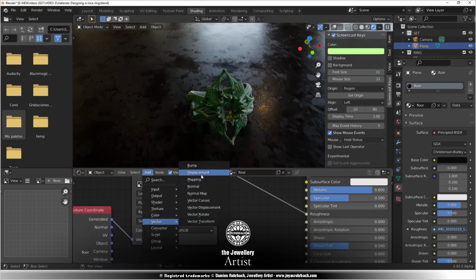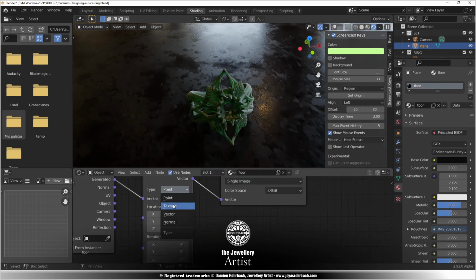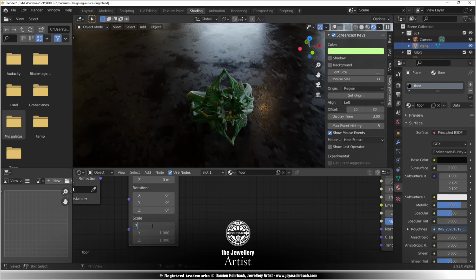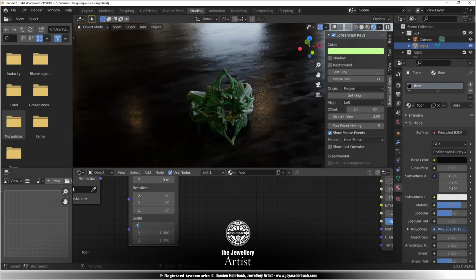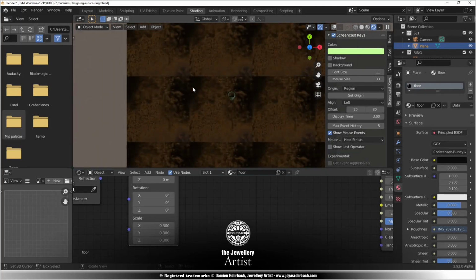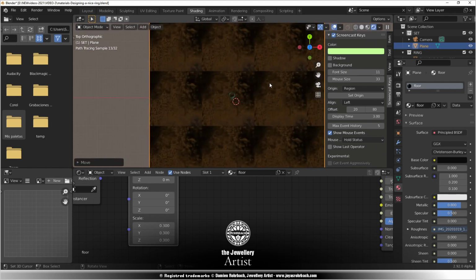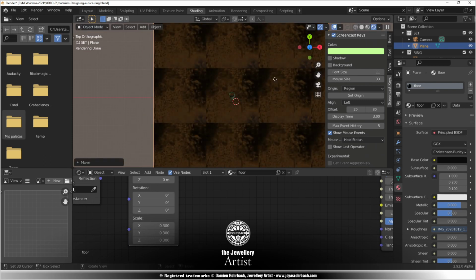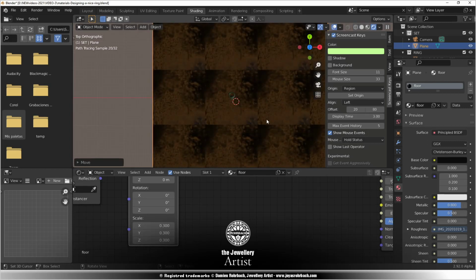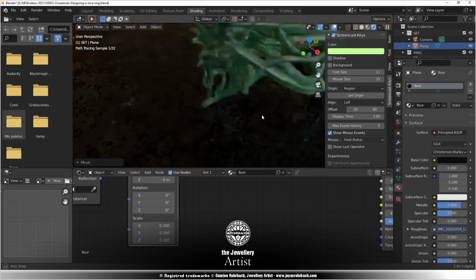Let's use a mapping node, a simple one. So let's go for texture, and let's go at 3 times. No, let's go 0.3 and 0.3. So now we can see, let's move the floor so we get the tile center to the ring. That's to get obviously a way better resolution. Let's have a look if it's starting to be